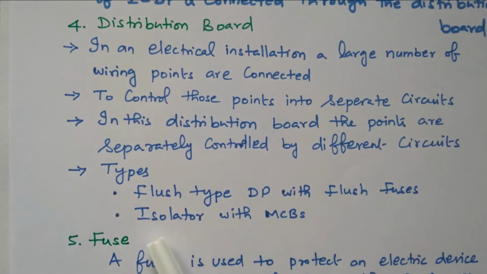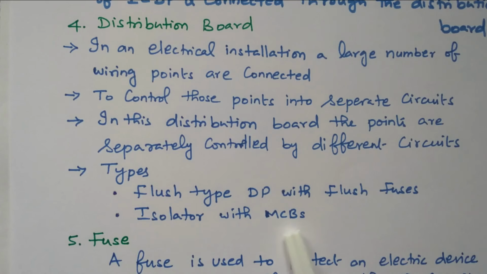Then the types available: flush type DP with flush fuses, or isolator with MCB. Flush type DP means flush type with the flush fuses. With a normal fuse, if there is any abnormal condition, the fuse will blow, which is what we normally use in the household. The thin wire will be the fuse; if any abnormal condition arises, it is flushed. Another one, isolator with MCB,